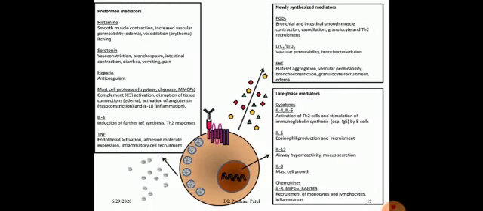So this diagram shows the preformed mediators that are released, like histamine, serotonin, heparin, mast cell proteases, interleukins, and newly synthesized mediators like PGD2, leukotriene C4, D4, platelet activating factor, and late phase mediators like cytokines, interleukin 4, 5, 13, and other various chemokines. So all these are responsible for the immediate as well as late phase of type 1 hypersensitivity reaction.